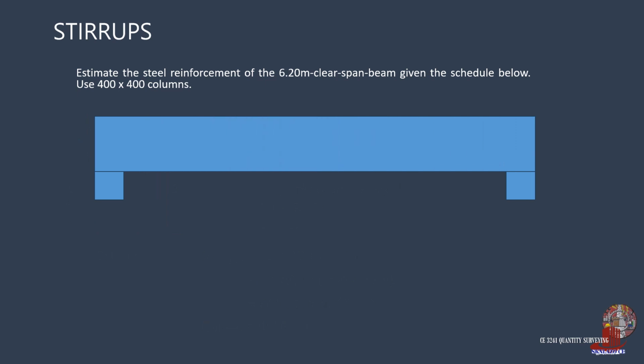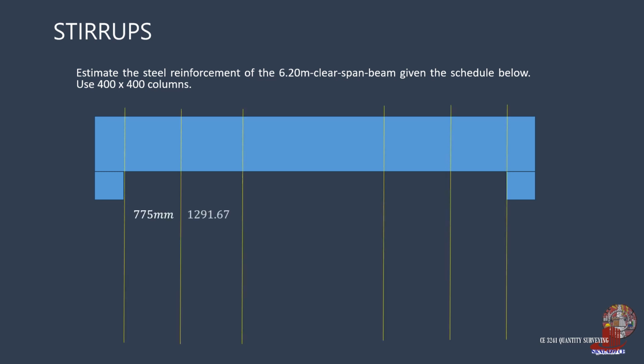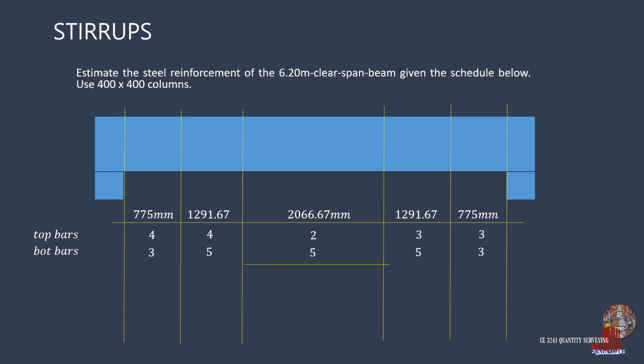For the quantity, the way to estimate this is by laying out the stirrups on the beam using the design spacing. The beam schedule included the number of stirrups with their designated spacing. To start with the laying out, take the center line of the beam. This cuts the beam length into half. Thus, the center line for this example is at 3.1 meters.